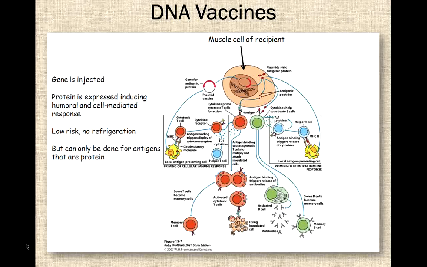People thought, why use vectors and all those things to deliver DNA, why not directly use DNA? Yes, it has been used at an experimental level, and to some extent there are certain vaccines which are under trials, but no DNA vaccine is licensed for use. What exactly is done is that we take a plasmid